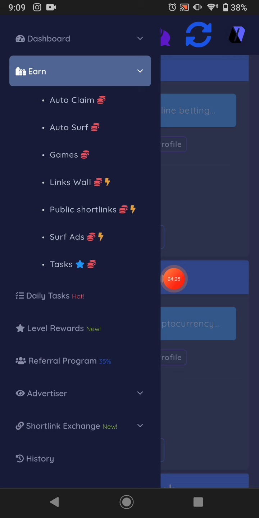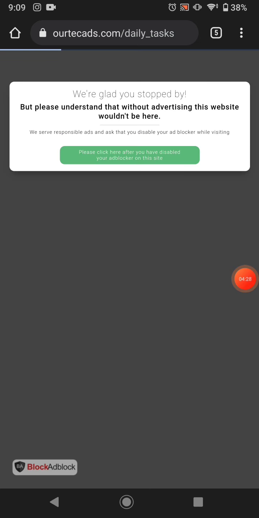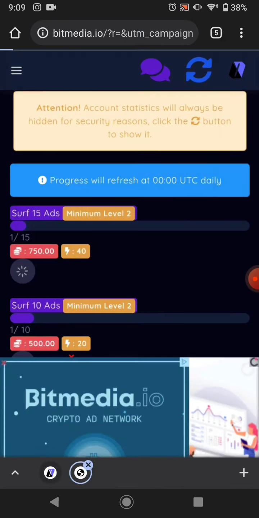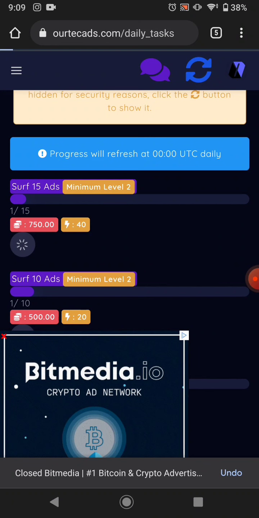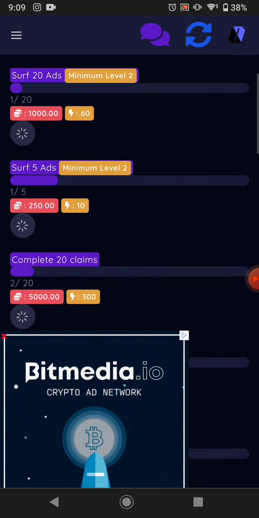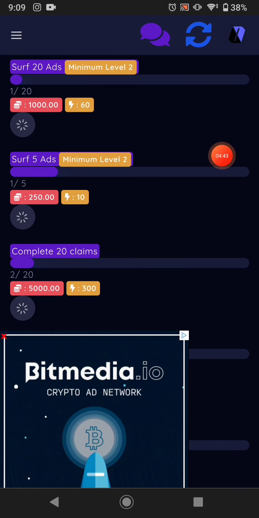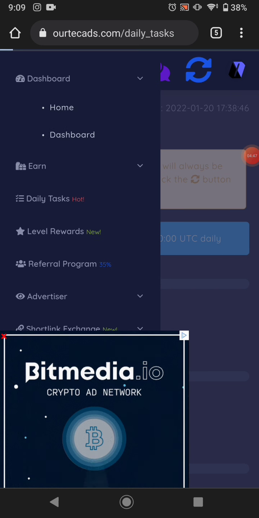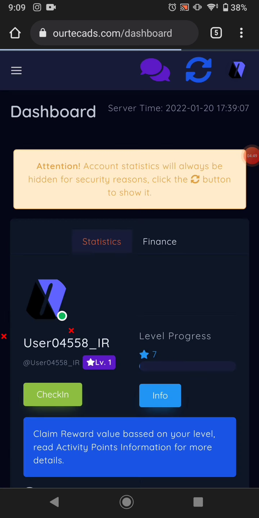And the next way is the daily task. You can click it and go to the daily task. You can easily earn an amount from the daily task. Okay, but if you want to click and claim all the daily tasks, your minimum level is 2. Okay, you need level 2. And